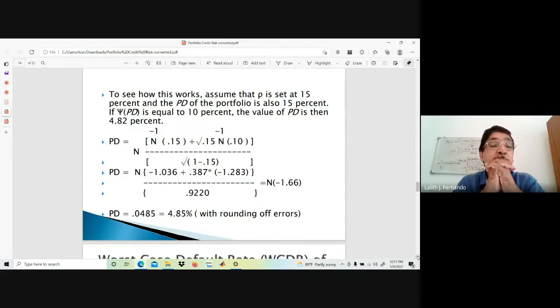So then you need to give a certain possibility, or we call it a confidence level. For example, when you say a 99% confidence level, the meaning is you are 99% sure that your loss would not go beyond a certain amount. That amount is called the value at risk. But there's a 1% chance of having a higher loss than what you have expected. So that is the danger here.